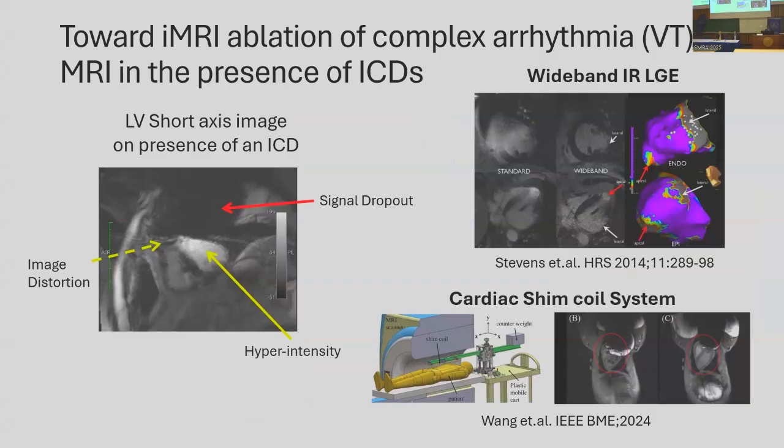Another consideration in moving towards ventricular tachycardia ablation is that most of these patients who have structural heart disease VT will also have implanted cardiac defibrillators. As I think most folks here are aware, these defibrillators can create significant artifacts in the image, and there are methods now for significantly improving image quality in these patients. Particularly, this wideband inversion recovery technique has been very helpful for late gadolinium enhancement scar imaging in suppressing the hyperintensity portion of the artifact, which previously affected almost all patients. We're also investigating other approaches for mitigating other portions of the artifact, like the signal void and the distortion, using